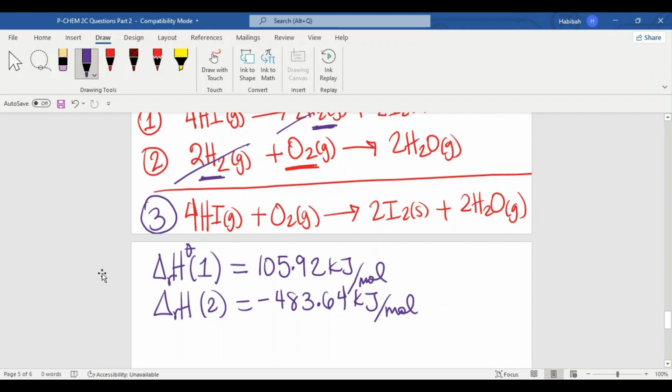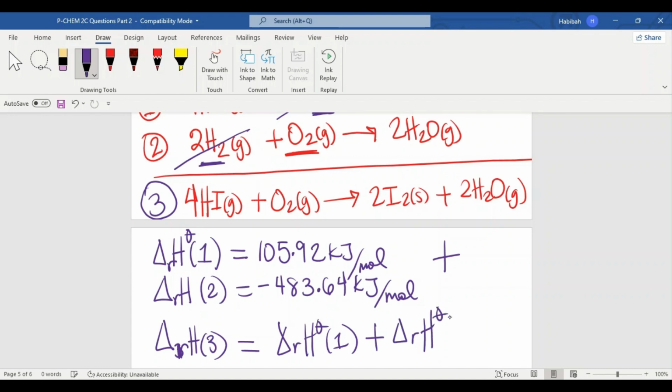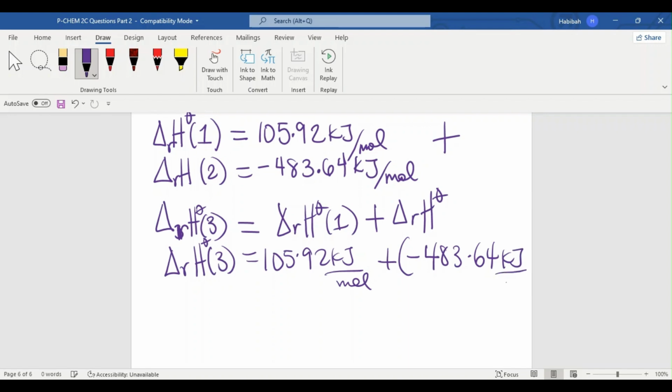So you're now going to be wondering, okay, so what happens to the enthalpy of reaction? Well, all you have to do is simply add them up. So the enthalpy of reaction for equation 3 becomes adding the enthalpy of reaction for equation 1 and then equation 2. So 105.92 kilojoule per mole plus negative 483.64 kilojoule per mole. So when you add them up, what you end up with as the change in enthalpy of reaction is going to be,